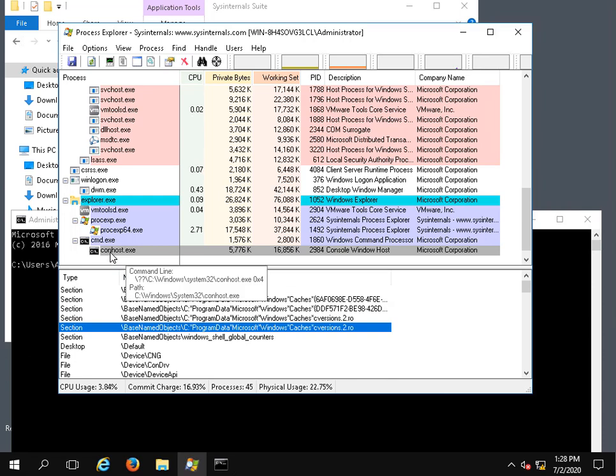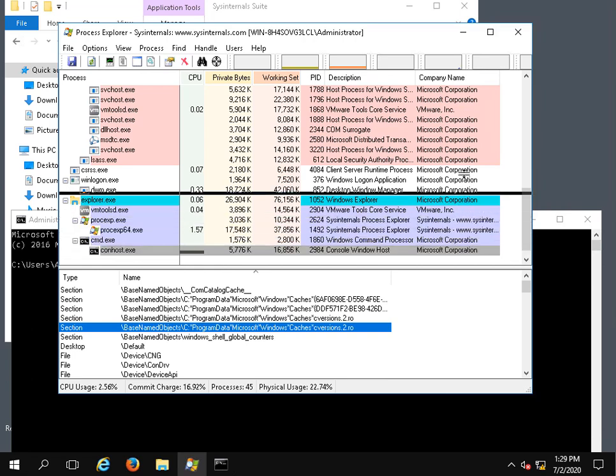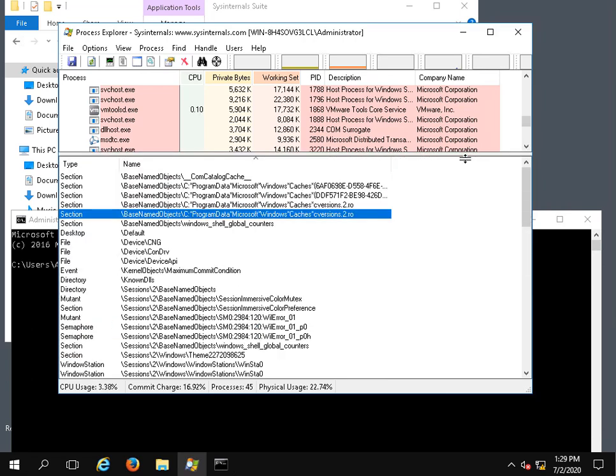associated to this conhost.exe. And remember, the handles are just a reference to a memory block. Our handles, let's make that bigger. So they're a reference to a memory block or an object running in the operating system. And they're going to give us more information, or what they're pointing to are the registries, the registry keys, and